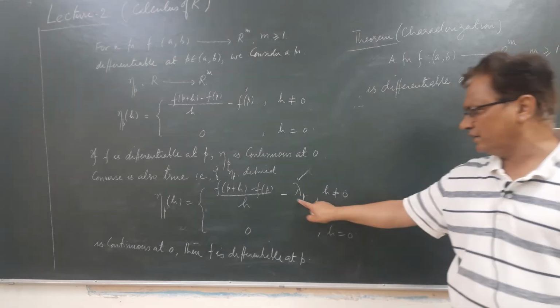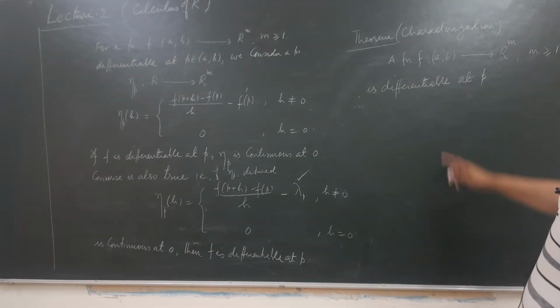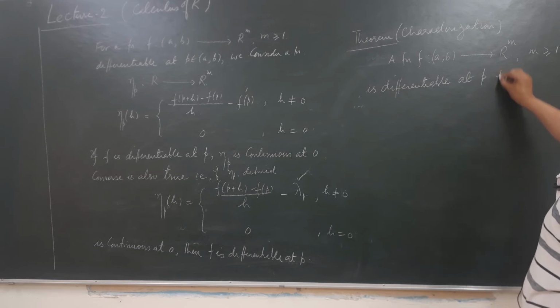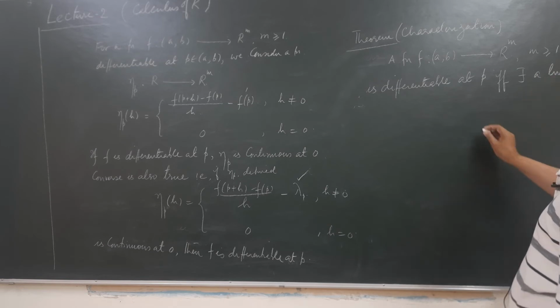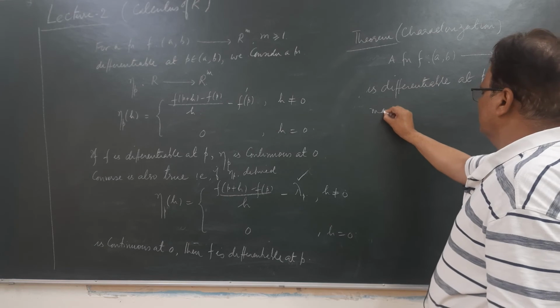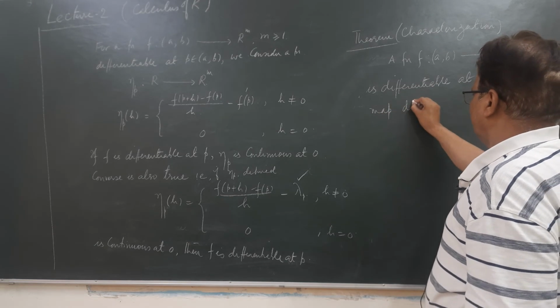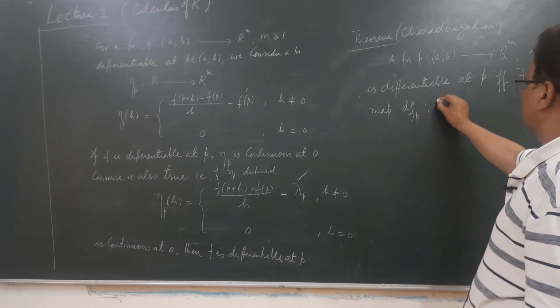This is a vector, a linear map. So f is differentiable at p if and only if there exists a linear map, I will call it Df_p, from R to R^m,